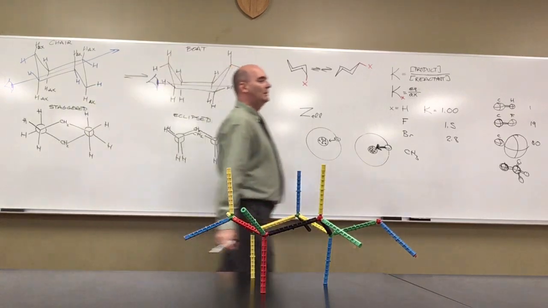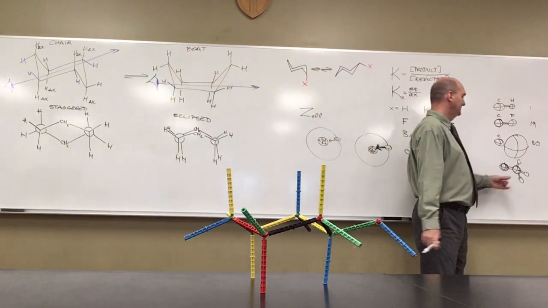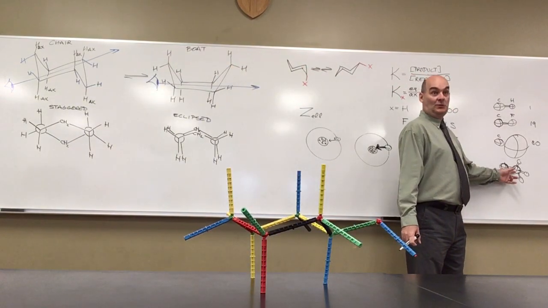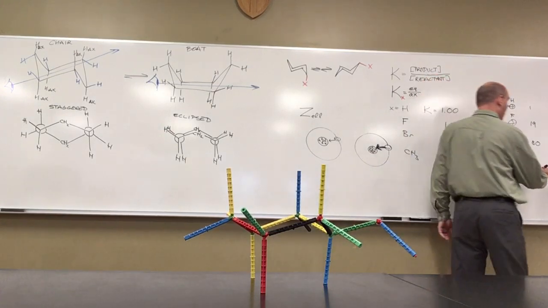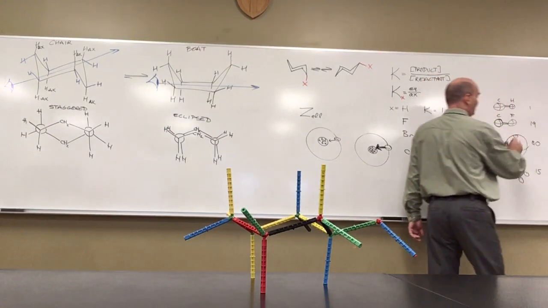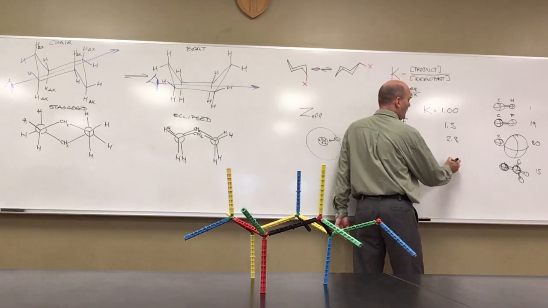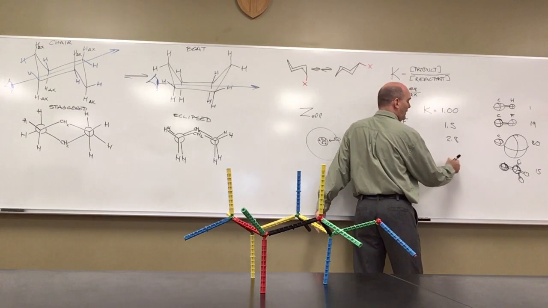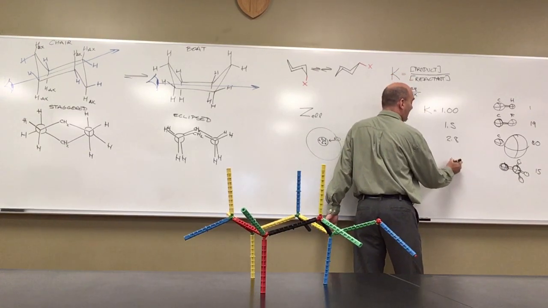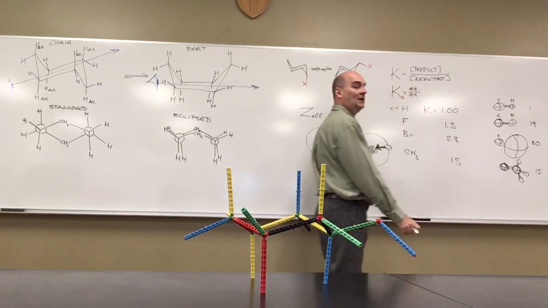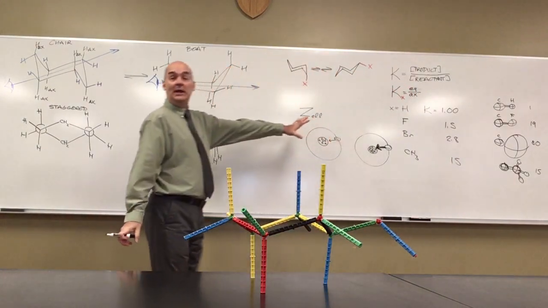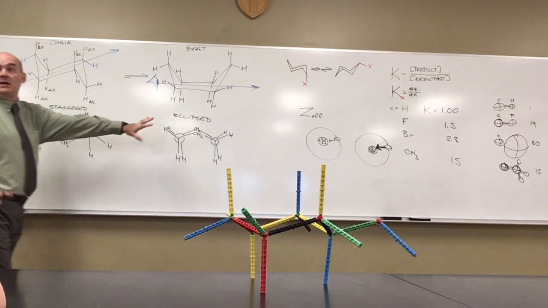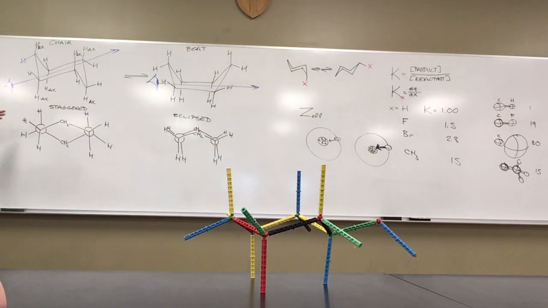How much does a methyl weigh? It's a 12 and 3 ones, so it has a mass of 15. This one's going to be, we'll have to look this number up because I'm wildly guessing at that one. That's about 15. So now we're really off. We have a very, very clear distinction that methyl cyclohexane does not want to do anything other than sit in